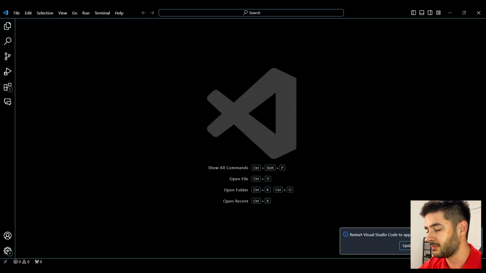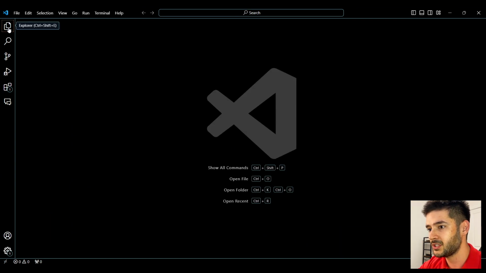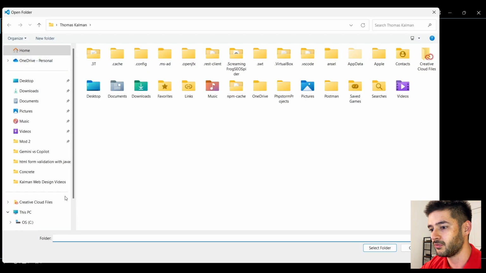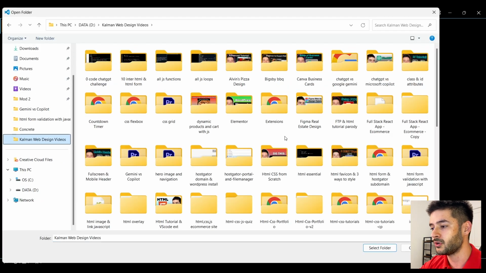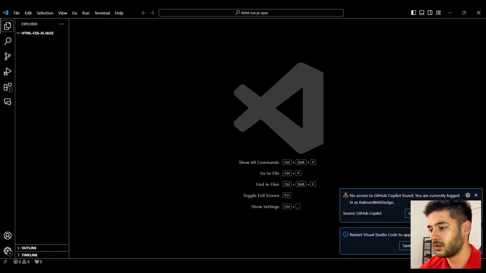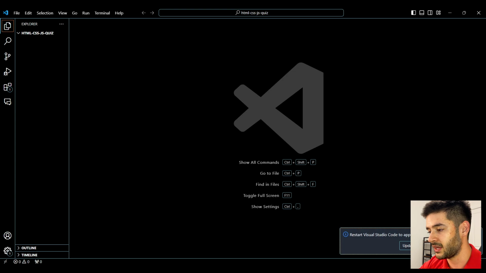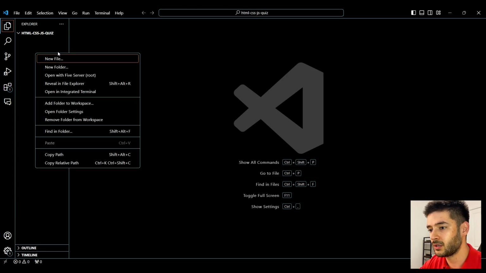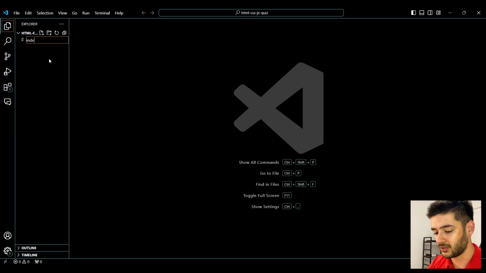Once I get it open, I'm going to close out of all of this information. And from here, what I want to do is make sure that my File Explorer on the left side is open. And here I can go ahead and click Open Folder and open the folder where I want to create this quiz. Once I have this open, I can go ahead and close out of this welcome page, get rid of all these errors down in the bottom right corner, right click in my File Explorer, click New File, and create my